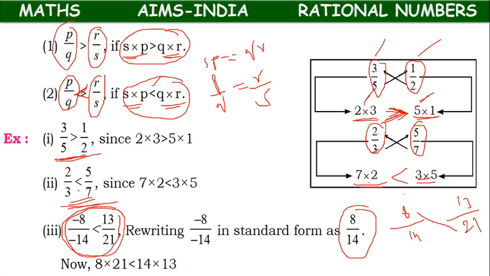Or already they have given the less than symbol. So how do the products behave? Because the first rational number is less than the second rational number, the first product 8 into 21 is less than the second product 14 into 13. If we know the products, then with their help we can compare the rational numbers. Or if we know the comparison of rational numbers, we can guess the comparison of products. We can do it in any way.